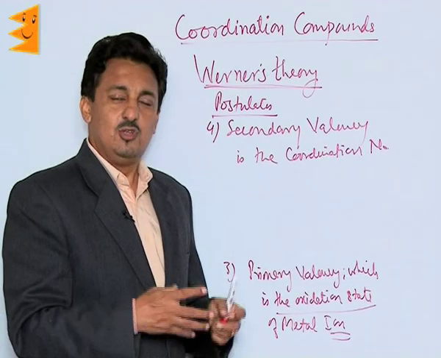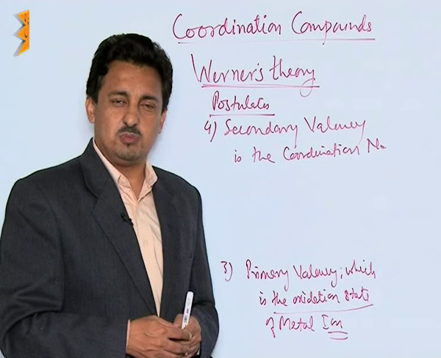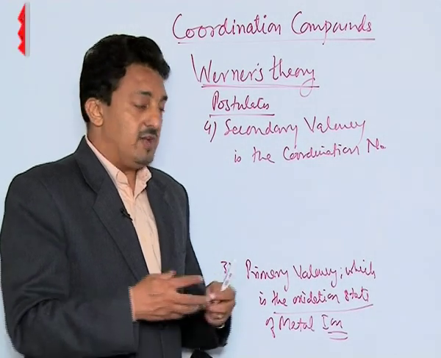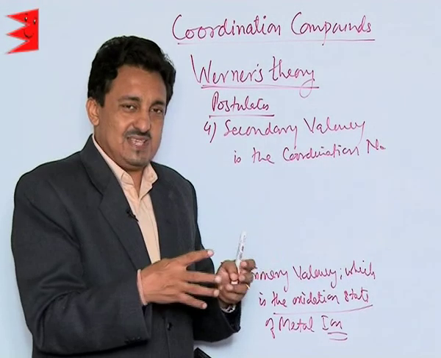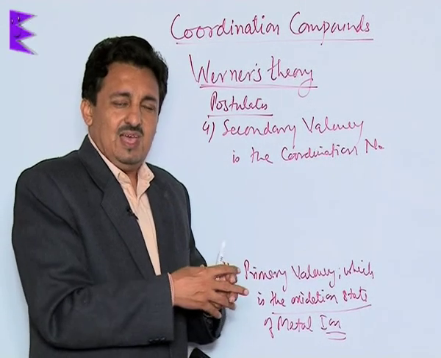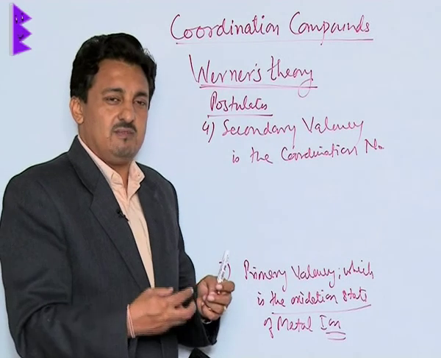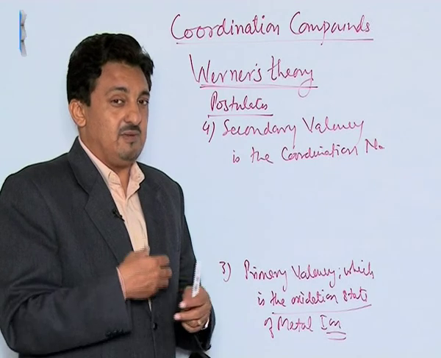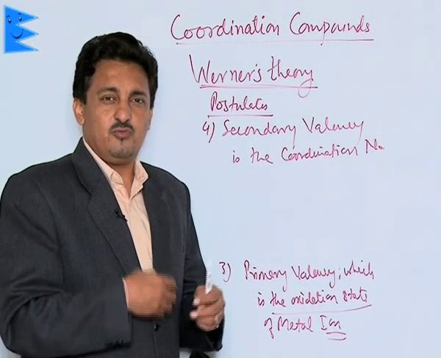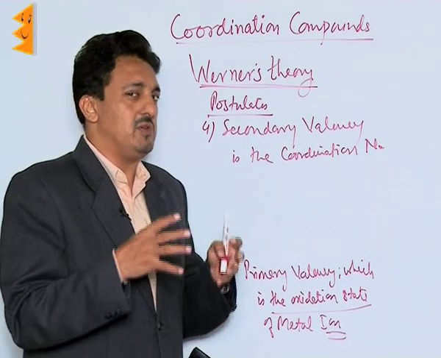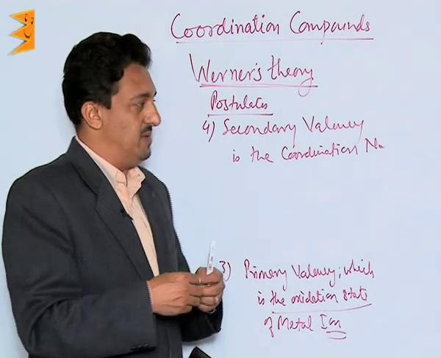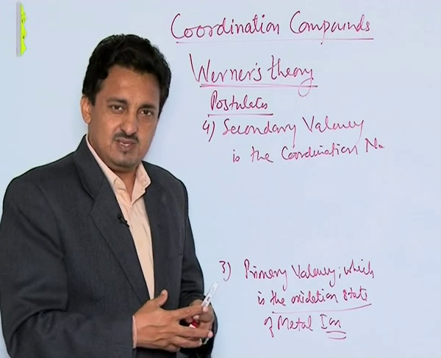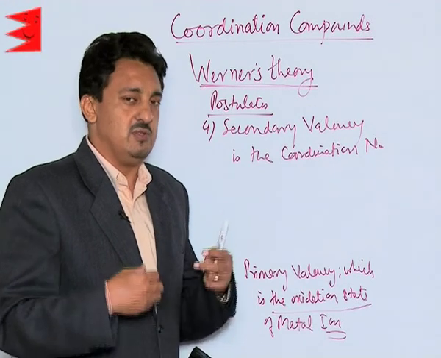But actually Werner was not able to explain much about these compounds. The reason being, he was not able to explain why exactly the complex ions hold so many ions together and why they don't come out, what the nature of the bonding is, what exactly their structures are, and the reason for their color, magnetic behavior, formation, and all sorts of things. So he was not able to explain all the important things about these compounds. But yes, he initiated those things, and he was the first one who came up with the formulas of these